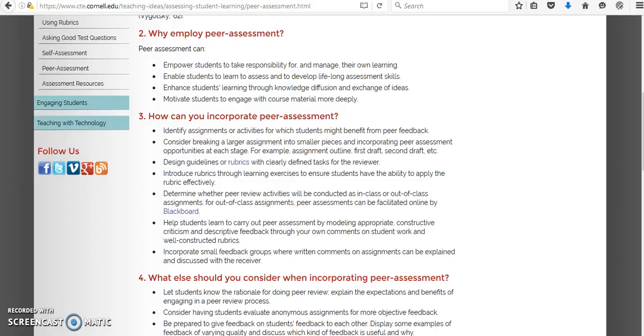And then the other thing that it talked about was actually teaching them how to assess. How do we give constructive criticism? How do we define what each category is and what the different levels are? And that leads to one of the drawbacks of peer assessment, which is that we have to take the time to actually teach students that. We as teachers know how to assess, but we're going to have to teach them what